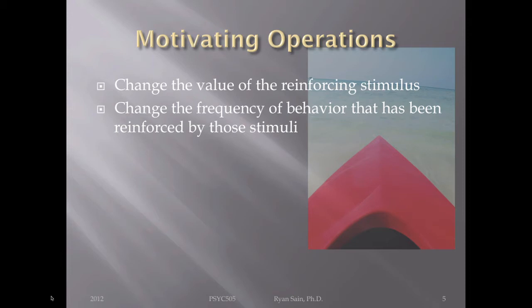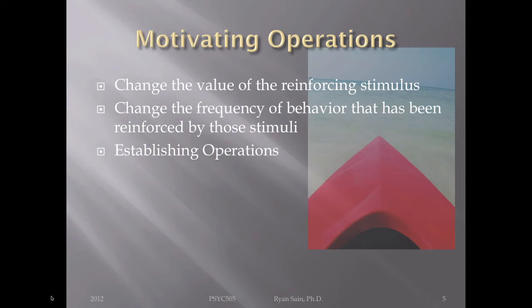So, in other words, even using the same reinforcer, we can bring behavior up and down. We can make it high frequency or low frequency, and so on and so forth, just by changing some other stuff ahead of time that would directly affect that. So we have two types of motivating operations. One of them is called an establishing operation. An establishing operation, literally by definition, means you are increasing the effectiveness of the reinforcer. You are establishing the effectiveness of that reinforcer.